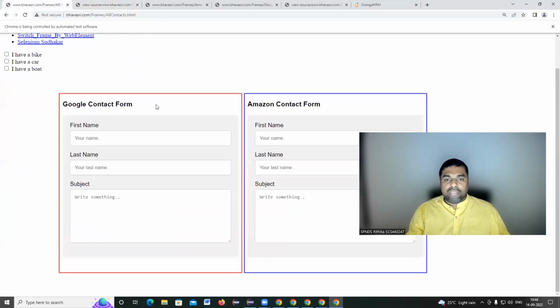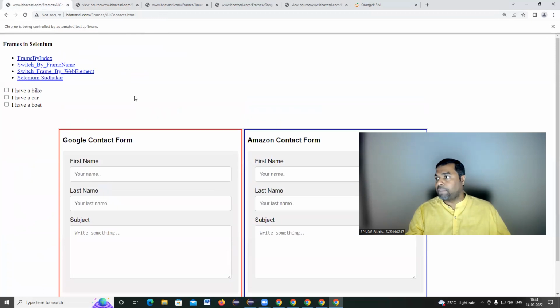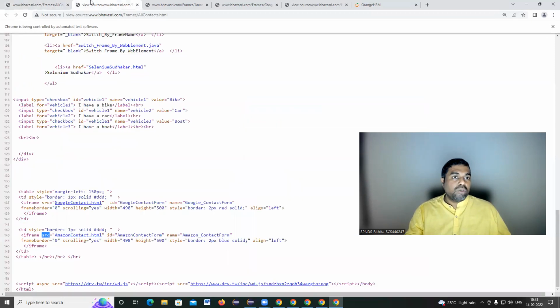So by using iframes, he is calling two different HTML pages. These web elements are not directly related to this main page. By using the iframe tag the developer is calling Google contact.html, and by using the iframe tag the developer is calling Amazon contact.html. So in the Google contact.html,